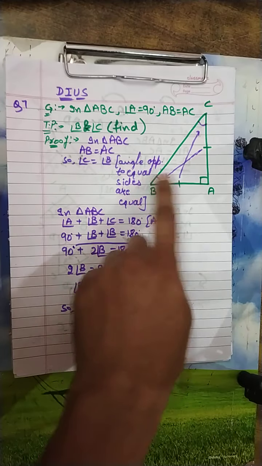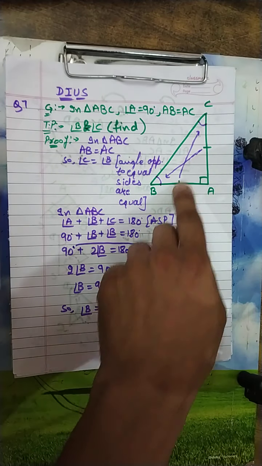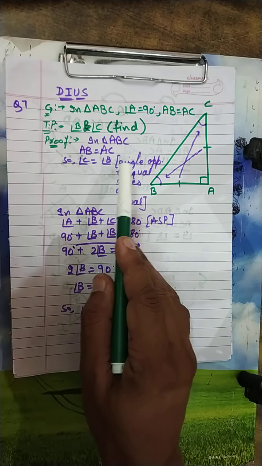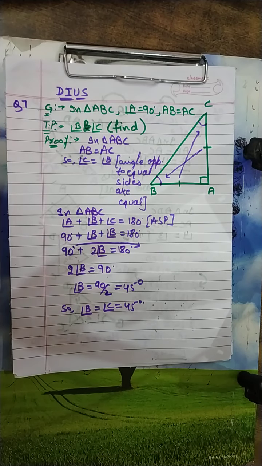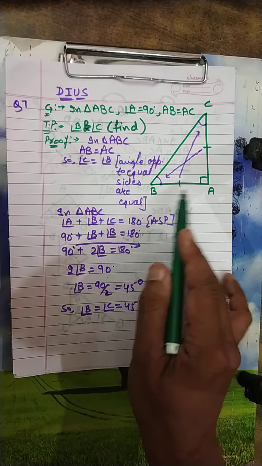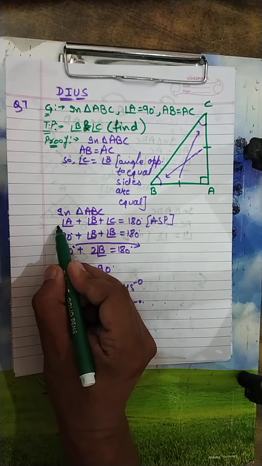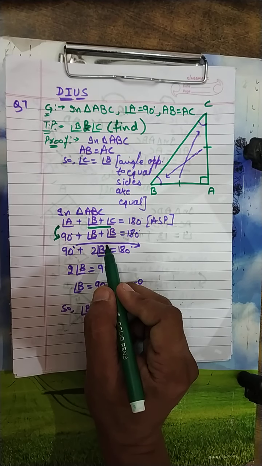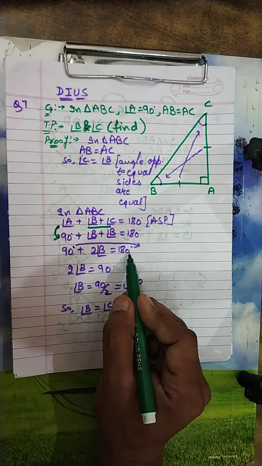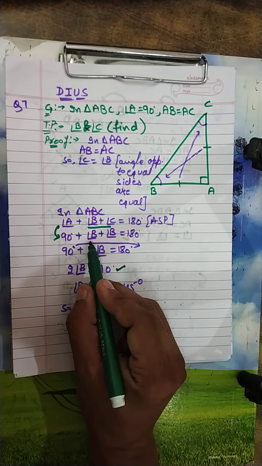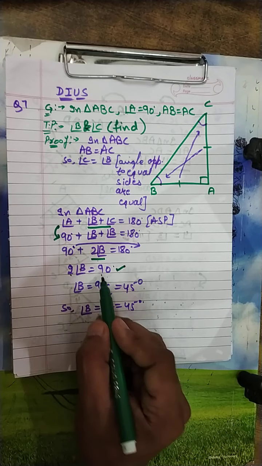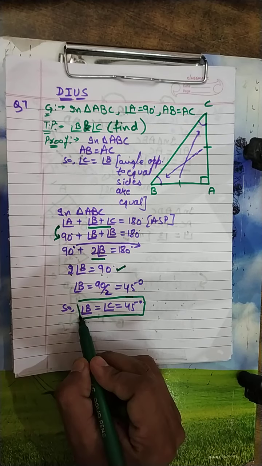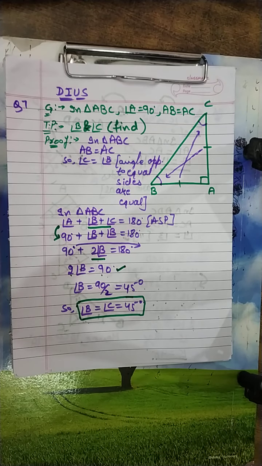Now, in triangle ABC, we know that AB equals AC. So their opposite angles are equal. So angle B and C both are equal to each other. Angles opposite to equal sides are equal. Now again angle sum property. Angle A plus B plus C is 180 degrees. Angle A is already given 90 degrees. B and C are equal, so I have written here angle B and angle B. 90 degrees subtracted from 180 degrees comes to 90 degrees. Angle B and B, double of B. Then 90 divided by 2 comes 45. So angle B and C both come equal to 45 degrees. Easy one.